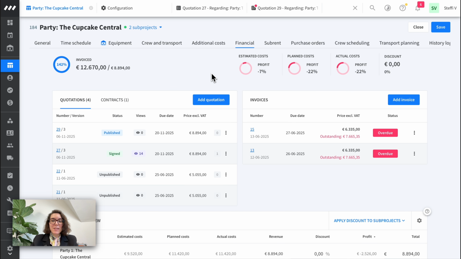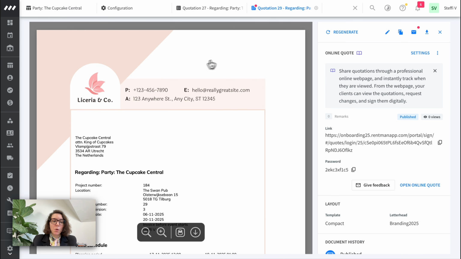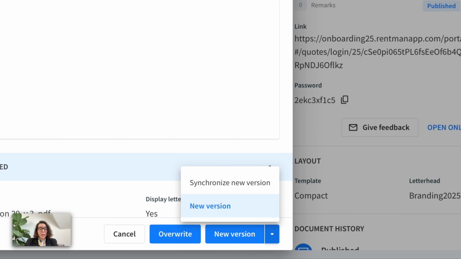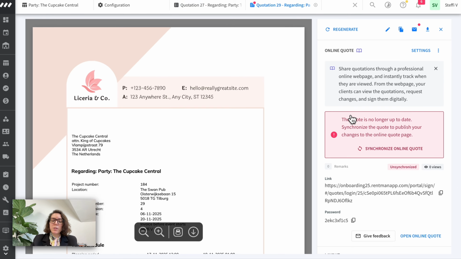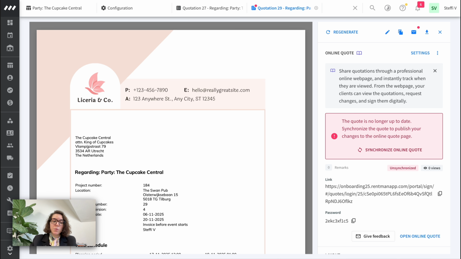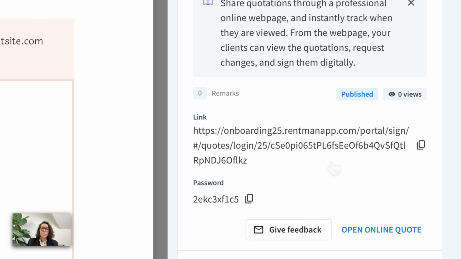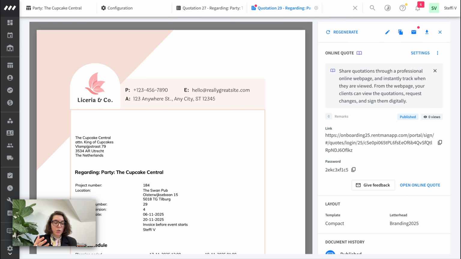Once you received the request from your client, you can make the changes you want, and then if you go back to the quote, you can press regenerate, and you could either create a new version or synchronize the one that you already have. Then you will see that your online quote is no longer up to date. So there is a discrepancy between what you have created now and the online quote. And what you could do, you can click the synchronize online quote, and in this case the new version that you just created will show on the online quote page, and the old one, the previous one, will be added